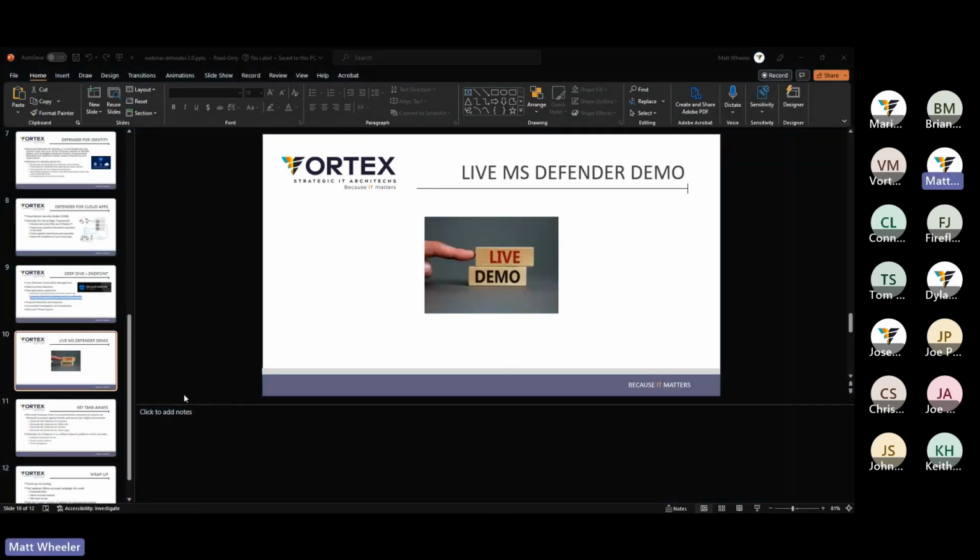So here on my screen is the Defender admin portal. This is a dev environment that we have so that we can show off things like Defender for Endpoint. Over here on the left-hand side, you'll see that we have not just Endpoint, but the email, which is Defender for Office 365, cloud apps, and then I believe we have identity in here as well.